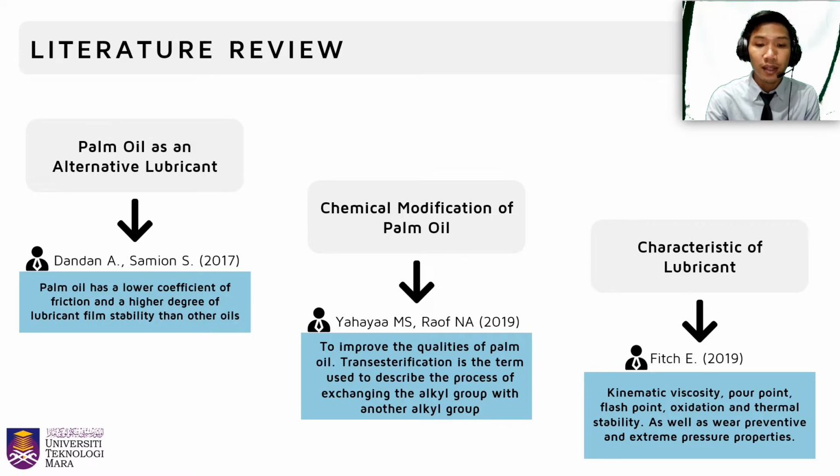The oxidation stability of oils is critical in defining their quality, which was described as an oil to oxidation with air by Dwivedi G in 2014. Next, the important characteristic of lubricant is thermal stability by Fitch EC in 2019. Thermal stability refers to a fluid's capacity to withstand decomposition caused by temperature changes. It sets the maximum operating temperature for lubricant can be used before causing failure.